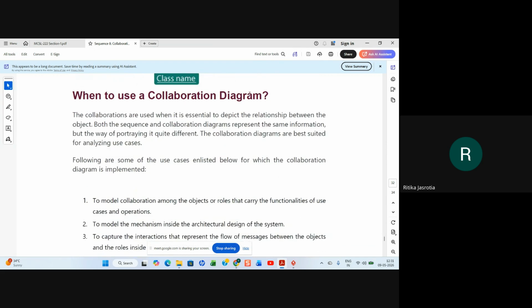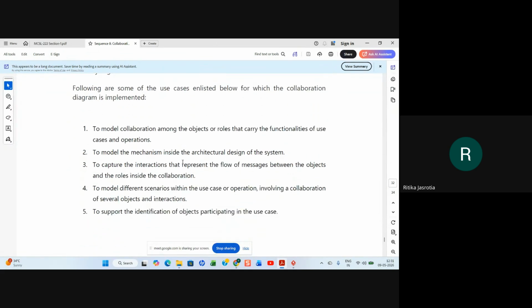So when to use a collaboration diagram? The collaborations are used when it is essential to depict the relationship between the objects. Both the sequence and collaboration diagram represent the same information, but the way of portraying it is quite different. The collaboration diagrams are best suited for analyzing use cases. Following are some of the use cases enlisted below for which the collaboration diagram is implemented: